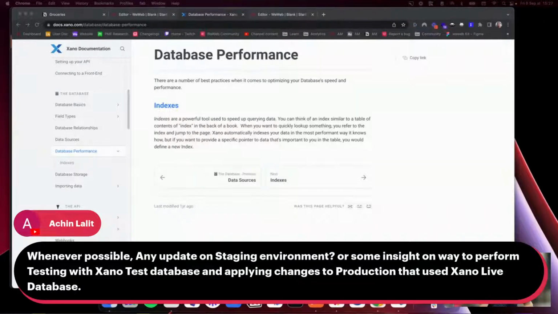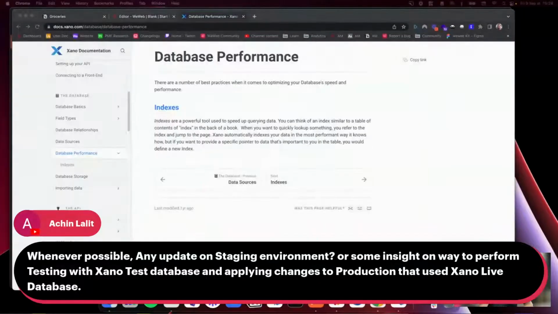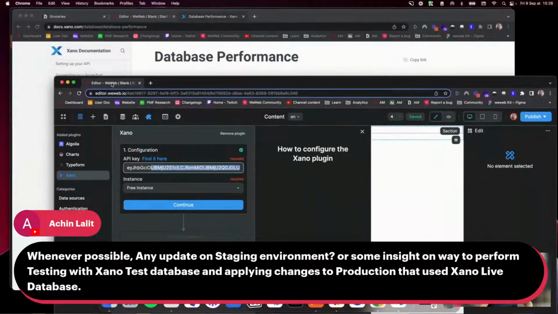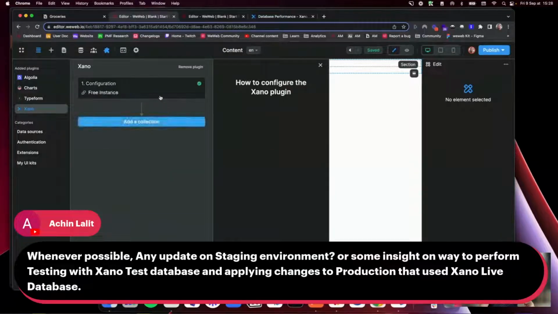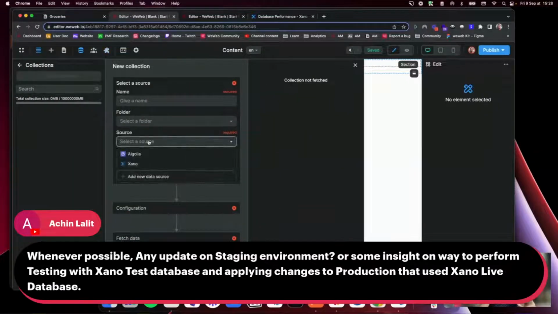Generate API key. Boom. That's fine. I'll just give my API key. I'll change it afterwards. Yeah, so when you add your API key here, you only have access to instances. And you can choose the instance, but basically once you choose the collection, hmm,